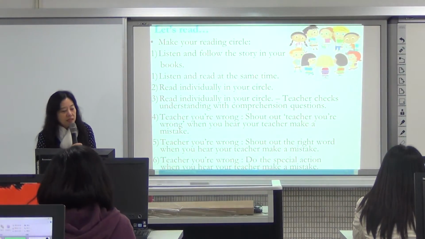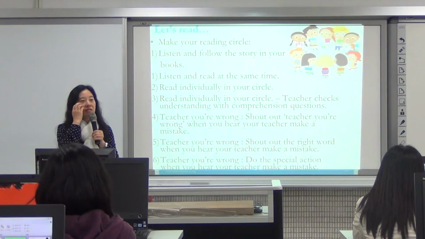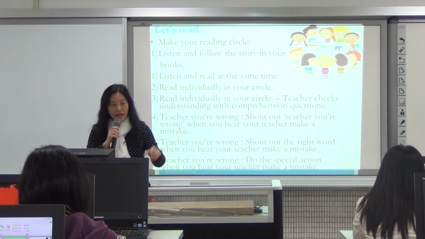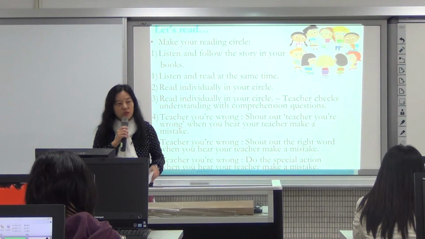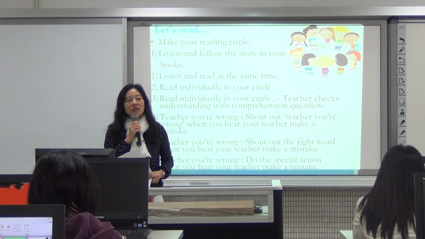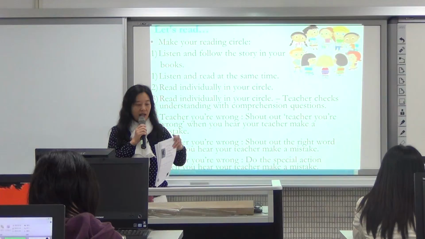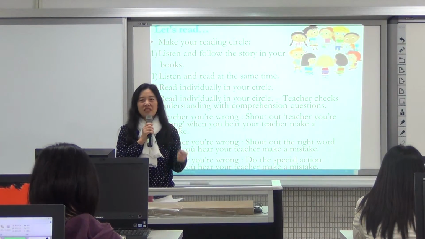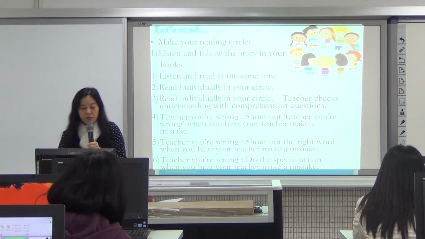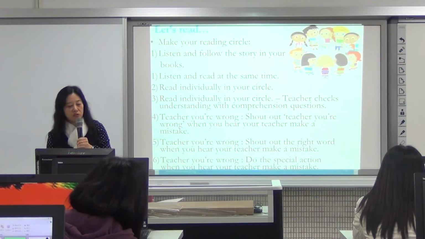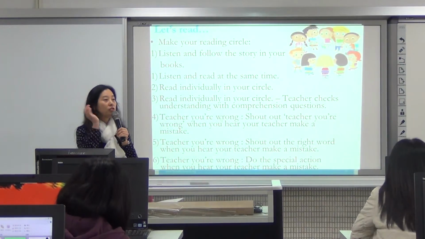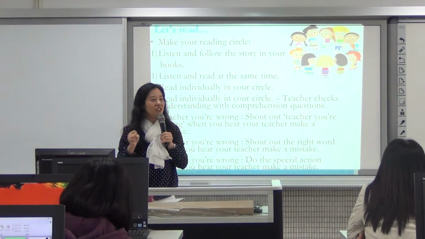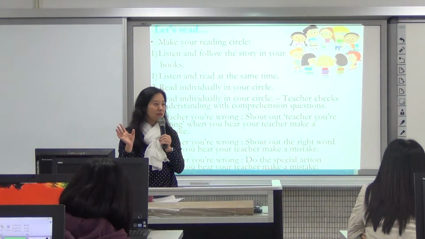Okay. This is a game. Teacher, you're wrong. Students like to find fault with teachers, right? So you ask them to listen in the reading circle, and then you read the story with funny mistakes, okay? So, for example, it's a she, you say he, and they say, teacher, you're wrong. So for the first stage, they say, teacher, you're wrong only. Students don't have to tell you what part is wrong. They all shout out, teacher, you're wrong, and they're so proud of themselves, right?